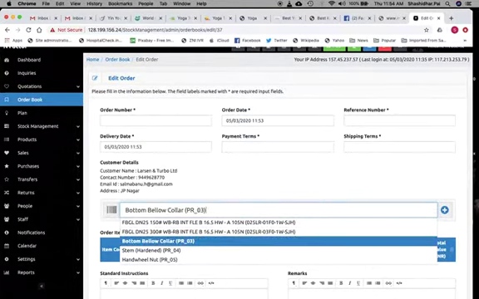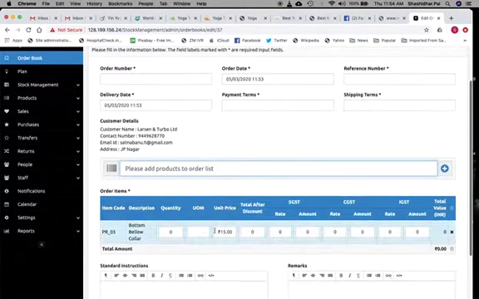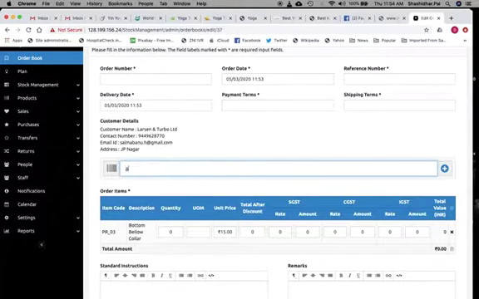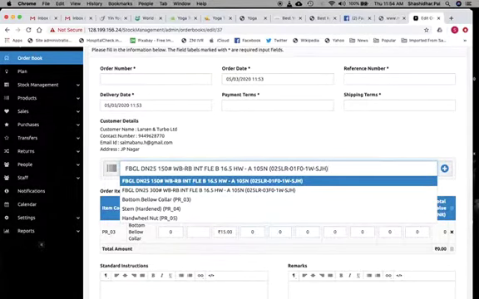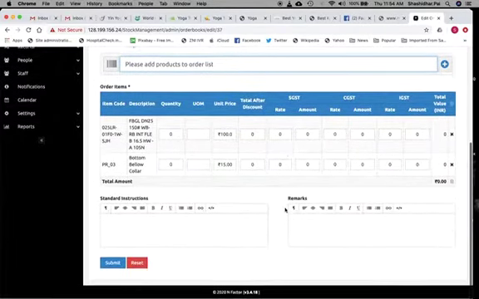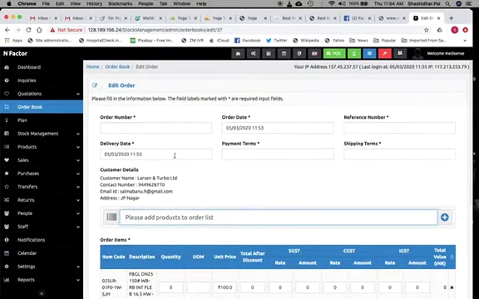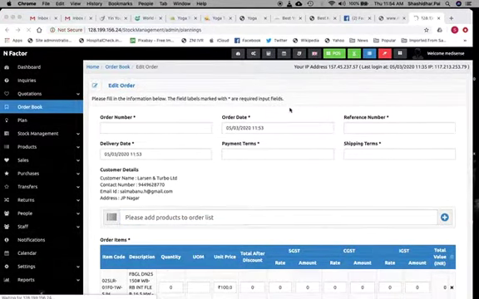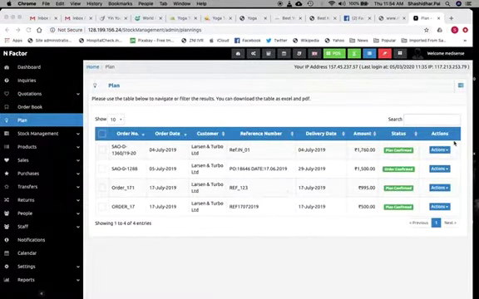So for example, in this particular case, you can now add this. Whatever are the set GST values, that will automatically pop up here this way. So once the order is booked, this is a very important step. Then you have something called a plan. So in planning, what happens is